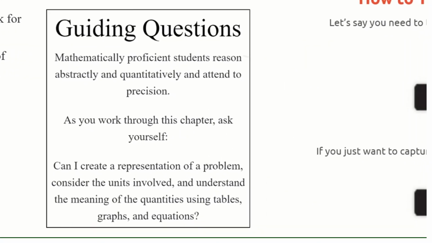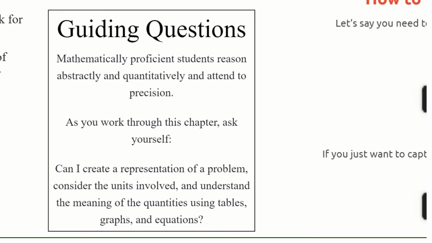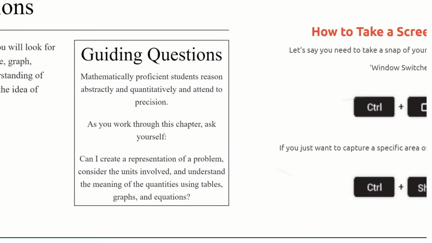Guiding questions: mathematically proficient students reason abstractly and quantitatively and attend to precision. As you work throughout this chapter, ask yourself, can I create a representation of a problem, consider the units involved, and understand the meaning of the quantities using tables, graphs, and equations? Something that will come up today,